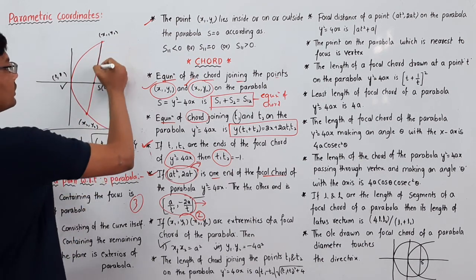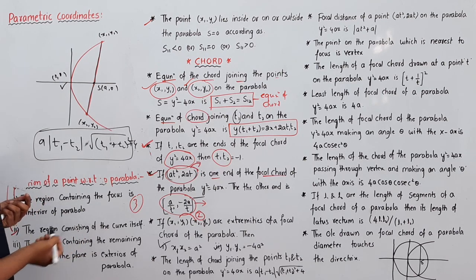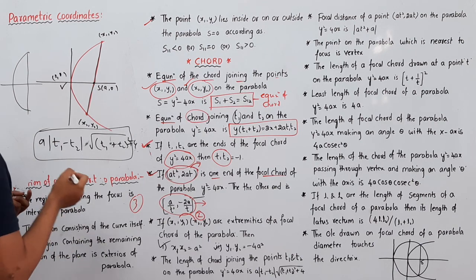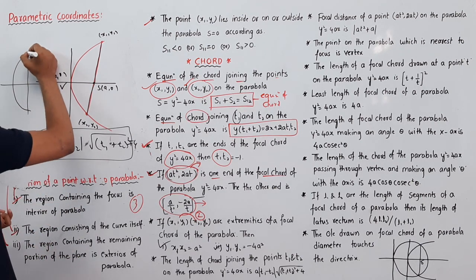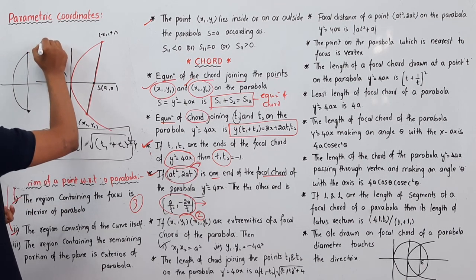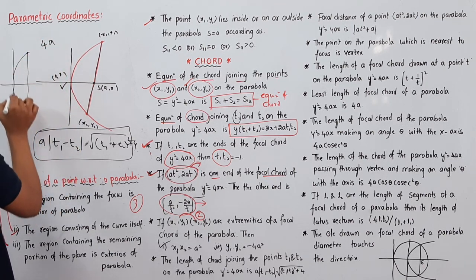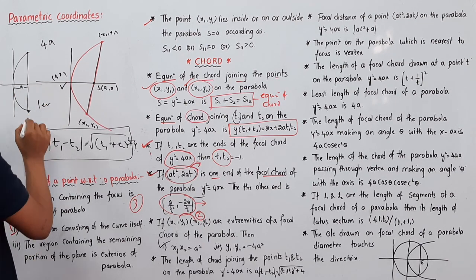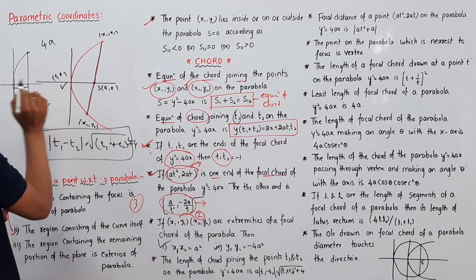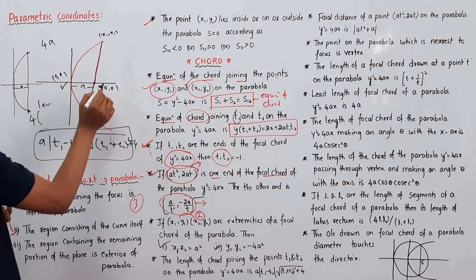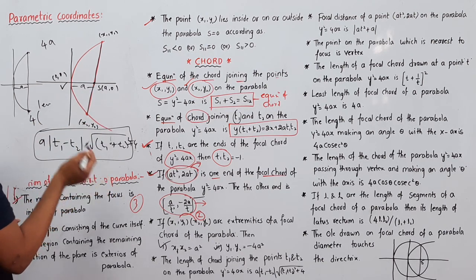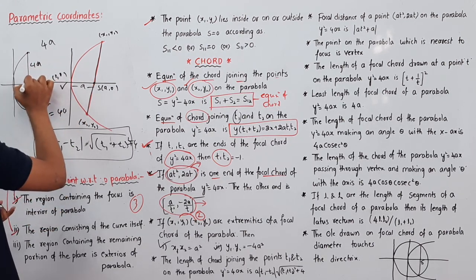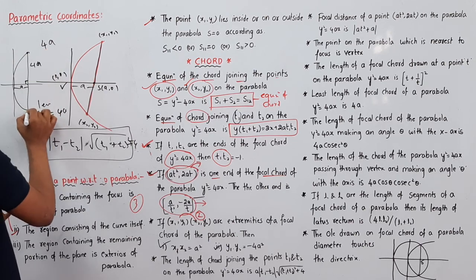Generally we know the latus rectum length. The chord which is perpendicular to the principal axis and passes through the focus is called the latus rectum. It intersects the parabola at 2 points. The latus rectum length is 4 into a. The distance between vertex and focus is a, and the length of the latus rectum is 4 times the distance between vertex and focus. So 4 times a gives 4a. The length of the latus rectum is 4a, which is perpendicular to the axis, and it intersects the parabola at 2 points.